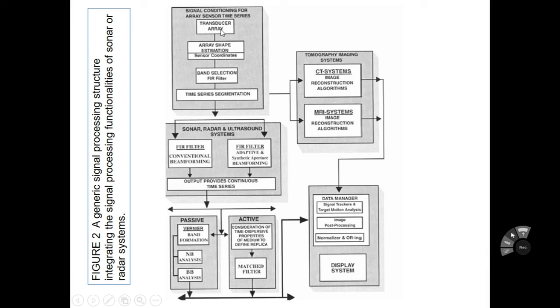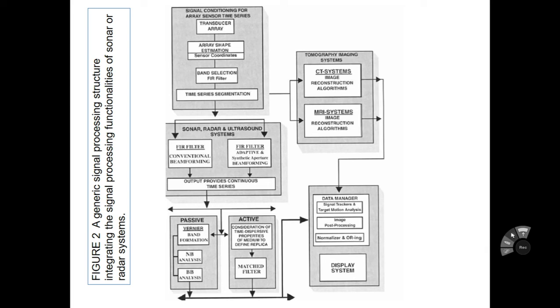So the first one is the signal conditioning for array sensor time series. It can consist of an array of sensors or transducers, as I already said. The array shape follows the sensor coordinates, like spherical coordinates, cylindrical coordinates or linear coordinates. For example, if you are working on a spherical wheel or a robotic wheel, then the sensor coordinates will be spherical coordinates,